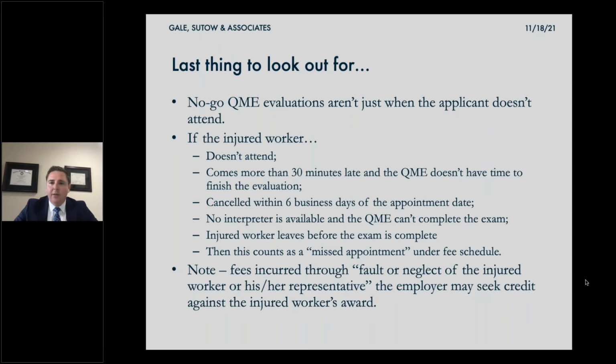And I think even a lot of the applicant attorneys are becoming aware of this, and they're actually sending letters to their clients saying, hey, if you miss this evaluation, you will be responsible for the fees. And so, if you get an individual who missed these appointments, my recommendation is you file that petition to compel and you file that petition for credit. And I think that's a very important option to pursue, especially if you have somebody who's just simply unwilling to attend an evaluation, or an attorney who's trying to expand out the claim. Maybe they have an issue with the QME, maybe they don't like the orthopedic doctor when they wanted to get a chiropractor. So there's a lot more teeth now with these missed appointment fees.